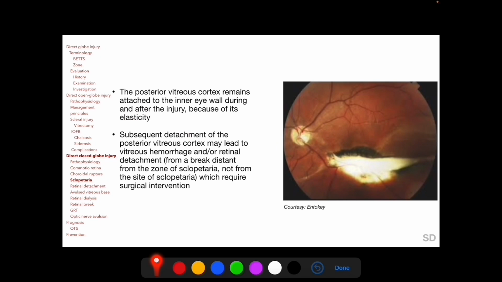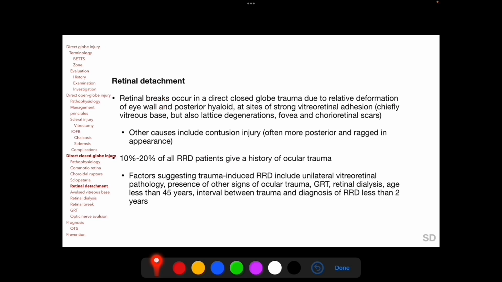Subsequent detachment of the posterior vitreous cortex may lead to vitreous hemorrhage and/or retinal detachment from a break distant from the zone of sclopetaria. Retinal breaks can occur in a direct closed globe injury due to relative deformation of the eye wall and the